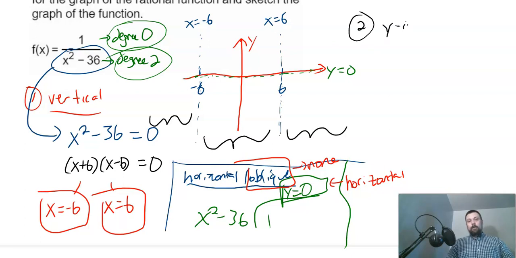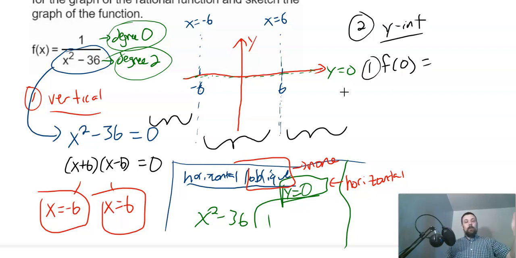So let's do the y intercept first. We're going to plug in 0 for x. And again, I didn't really go through the steps again, but we've seen it a couple of times in this chapter, and it's a review of what we talked about in chapter 1. So we've seen it multiple times in the course, and the steps are no different here. How do you find a y-intercept? You set x equal to 0, then you solve for y. And again, f of 0 is your y variable. So you're going to plug in 0,